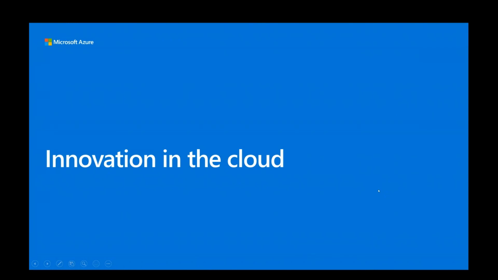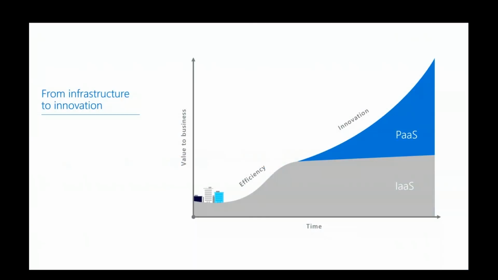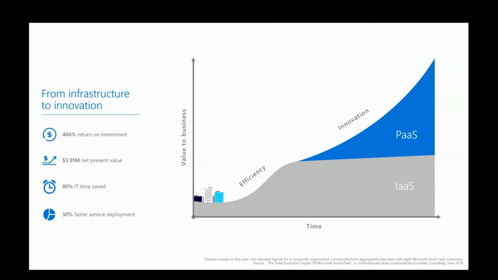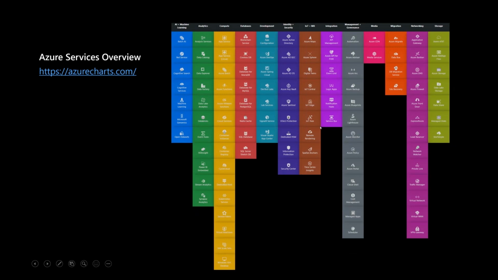So part of the journey to the cloud is that the first step would be the initial lift and shift migration. Along the way, what you really want to aim for is to leverage the other capabilities that are available on the cloud in general, right? So IaaS would be the first step to improve the efficiency of your overall IT, whether it's from an operations standpoint or from economics and costs. What you want to move further down the curve would be to leverage innovation possibilities, so platform as a service. There's a host of services that Azure offers today, and I can't possibly cover every one of them,